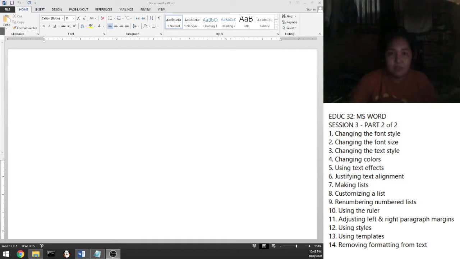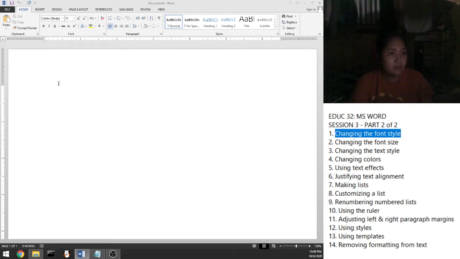So our first topic here is called changing the font style, or rather just changing the font. Changing the font is the most common way to format text. The font defines the uniform style and appearance of letters. As a general rule, try not to use more than 3 fonts in a document. If you use too many fonts, the overall appearance may be annoying and distracting. So to change the font size,